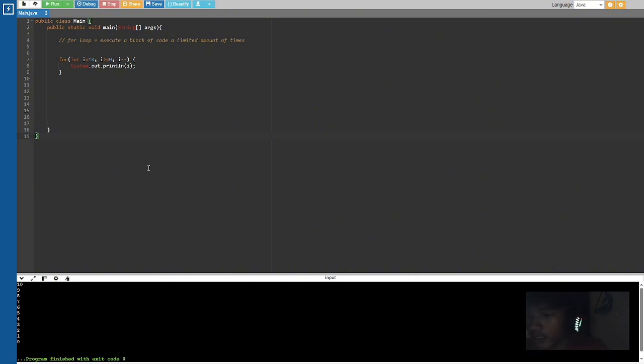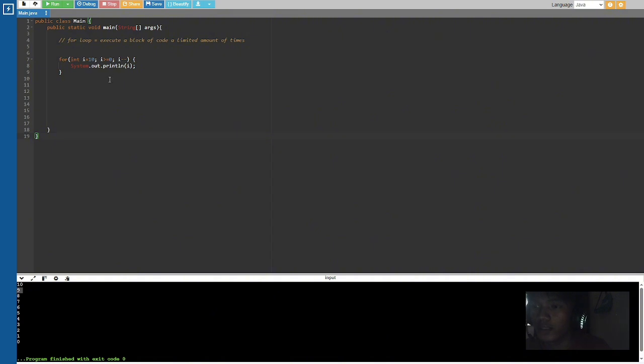So as you can see, it starts with 10. So 10 is greater than or equal to 0, so true. So print 10, and again it subtracts 1 from 10, so it turned out to be 9. So 9 is greater than 0, then it's true.